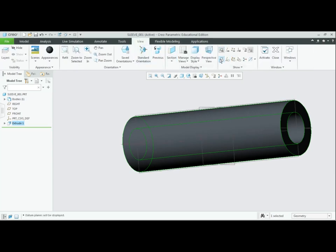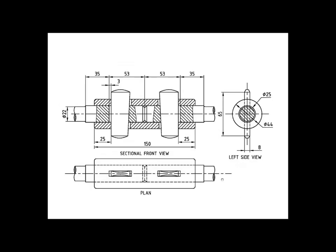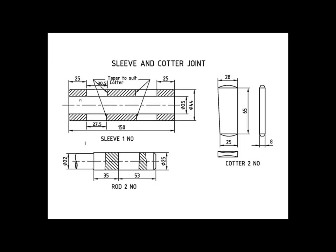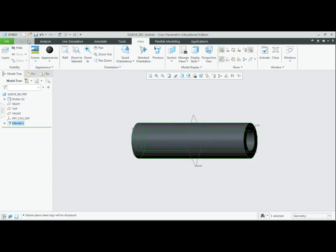We shall switch on the reference planes. Now we have to create the two slots in the sleeve. So if you see this particular assembly diagram, we can understand that we need a clearance of 3 mm at the top and bottom region of the sleeve. Instead of creating the grooves directly, we shall draw the cotter with 3 mm extra width to accommodate the clearance and then extrude the part. Go to standard orientation, go to model,